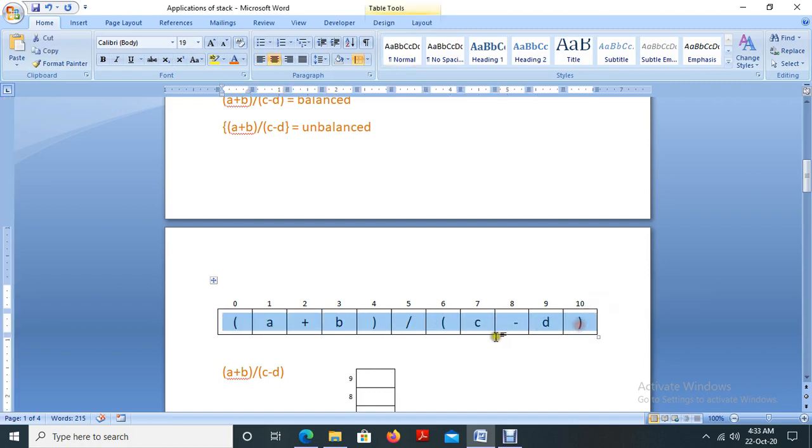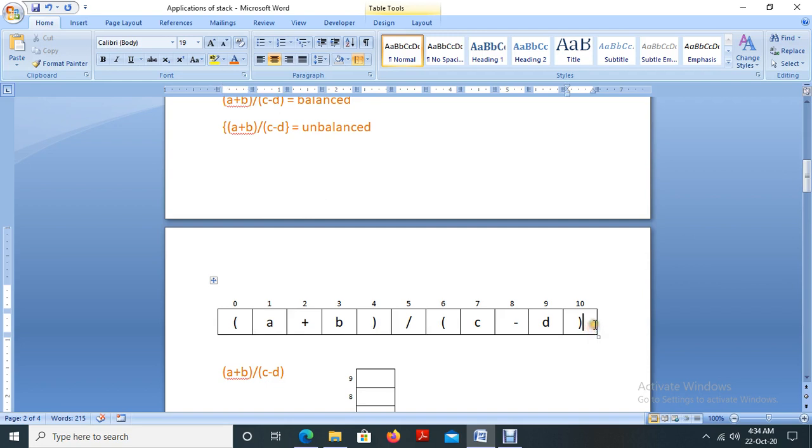So this is the array that we are collecting the input in. So a plus b, open bracket, then a, then plus b, because this is the procedure to collect the input in the form of a string. If you are collecting input in the form of a string, then it will look like this.